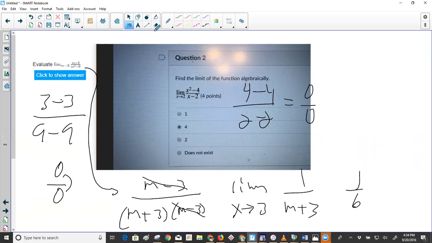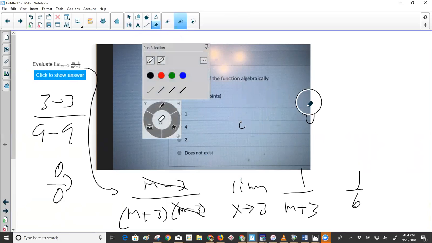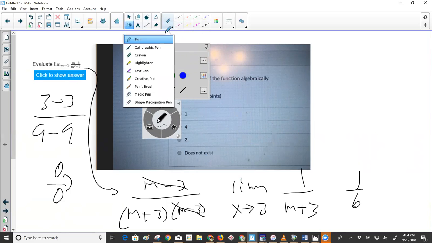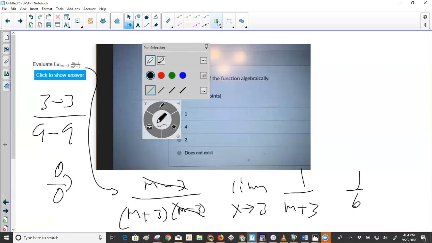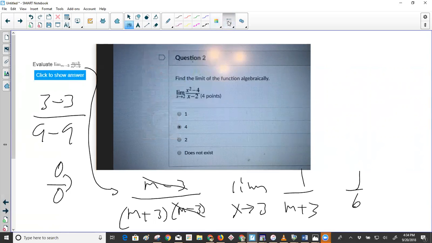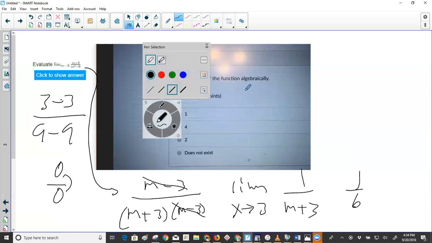So let's see, can I erase what I just wrote here? And then I'm going to put a pen, thin stuff, and then I'm going to tip on it. Whoops, pen, yeah, okay, what am I trying to do? Try and do that. No, I want that, and then I'm going to click on that. There. So what I'm going to try to do is, I don't have a pen anymore. There. Well, I've got